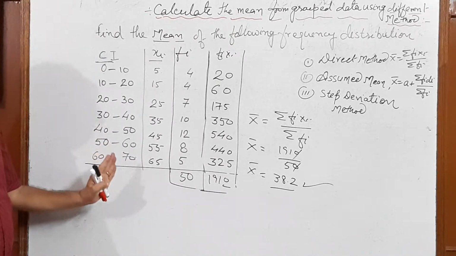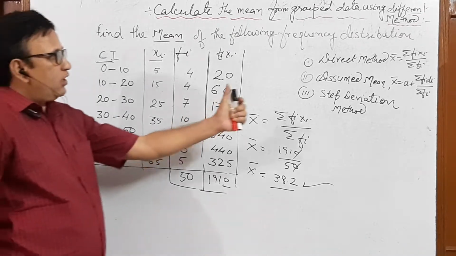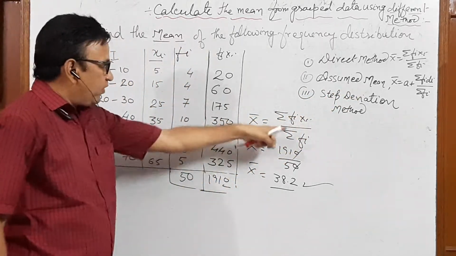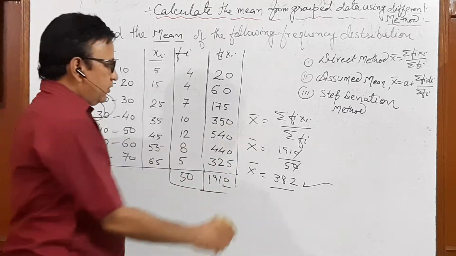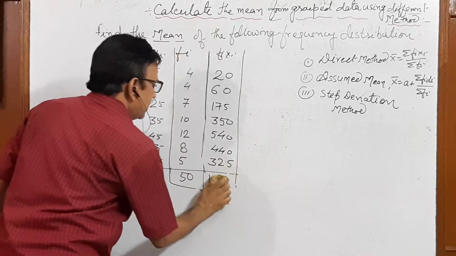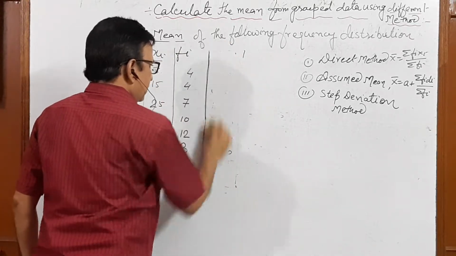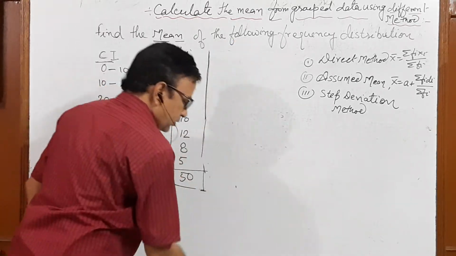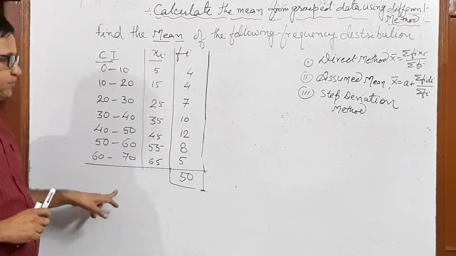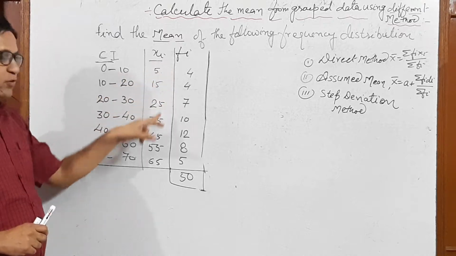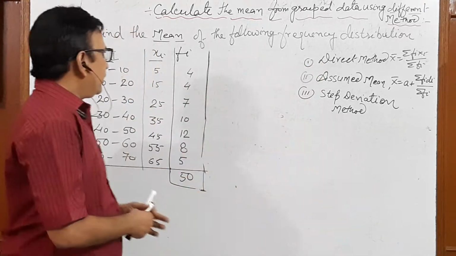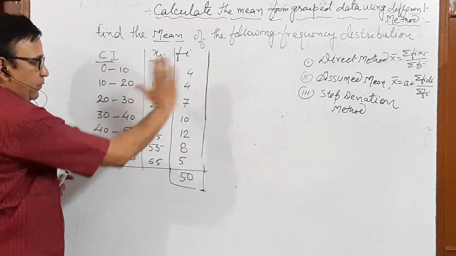Now the same question, we are solving by the assumed mean method, and it is quite easier. Here you have to do the rough work, so there is no need to worry. Clear? Now see it very carefully. This I am going to rub. In every question this remains the same, in both questions. Whether it is the first method, second or third, no problem, you have to find this xi in all three.